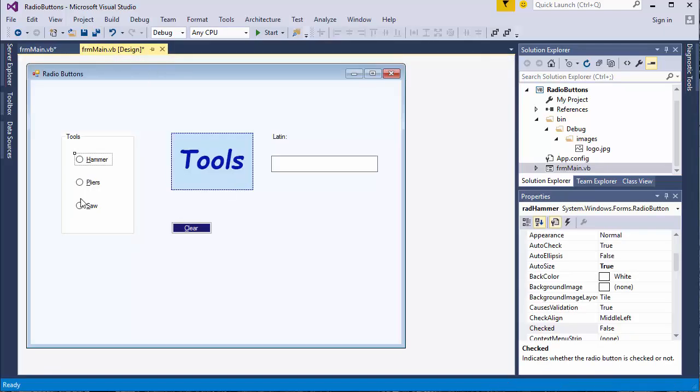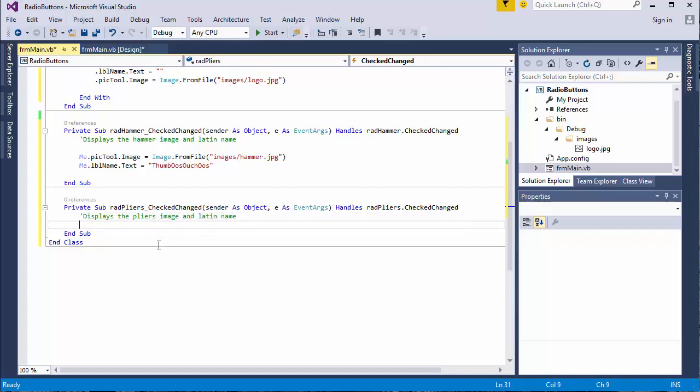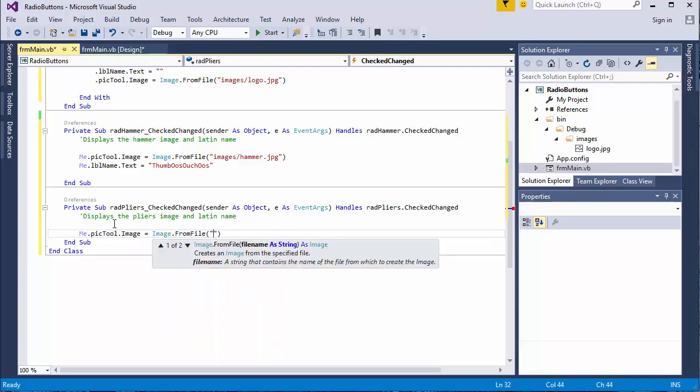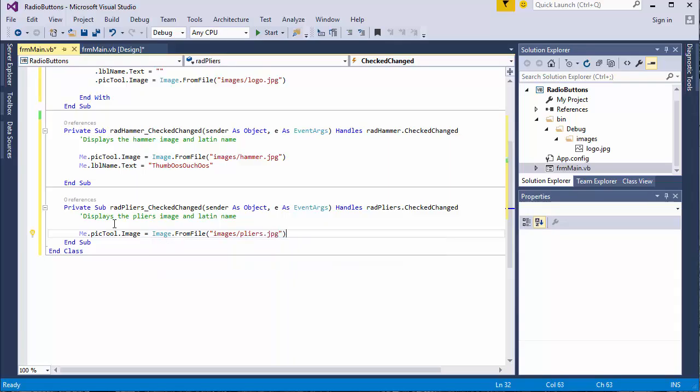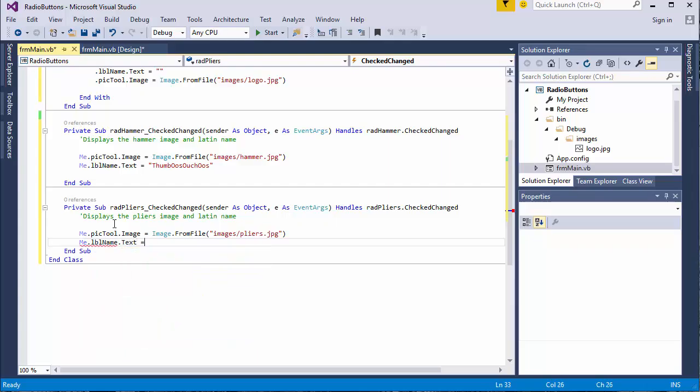Okay, let's go back and do the same thing for the pliers. Code that one. We could copy paste, but I'm just going to see if my typing works today. Displays the pliers image and Latin name. Remember, this is all documentation, what's in green, so it's not actually executed by Visual Basic when we run the project. me.pictool.image equals Image.FromFile("images/pliers.jpg"), and me.lblname.text equals,